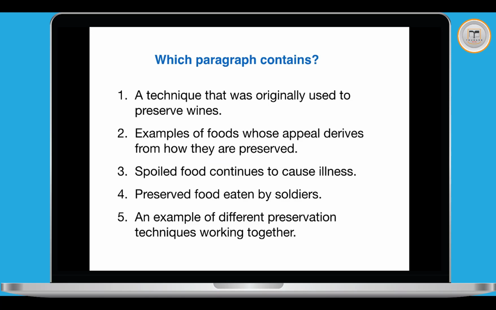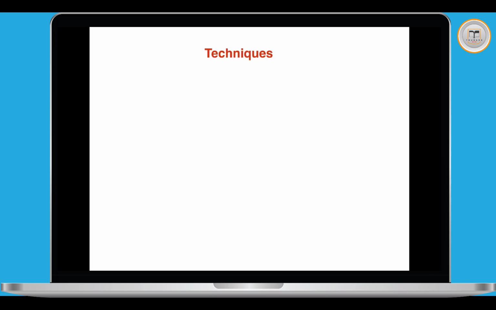So here are the which paragraph contains statements. 5 questions. Number 1, a technique that was originally used to preserve wines. 2, examples of foods whose appeal derives from how they are preserved. 3, spoiled food continues to cause illness. 4, preserved food eaten by soldiers. And 5, an example of different preservation techniques working together. Now that we've underlined the keywords in all 5 question statements, we can move on to technique number 3, then